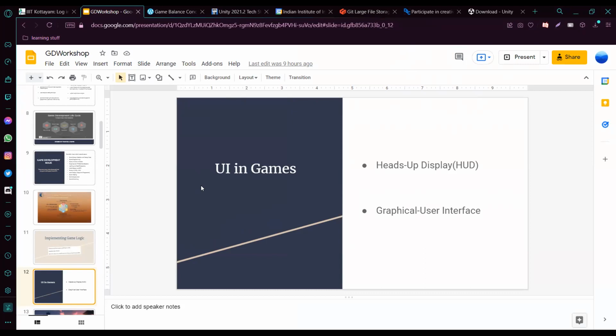So in this part, in this workshop, in this so-called walkthrough, I'm going to generalize it as much as possible, so that if you're using Unreal Engine or Unity or any other framework, the game logic is always the same in all of these engines or frameworks. So I'll just try to generalize it as much as possible. Maybe I'll use a little bit of Unity API, so that I can show a working example.